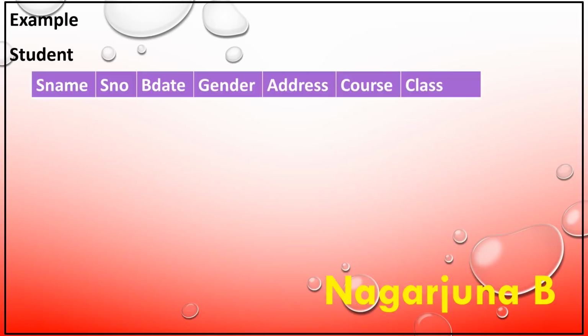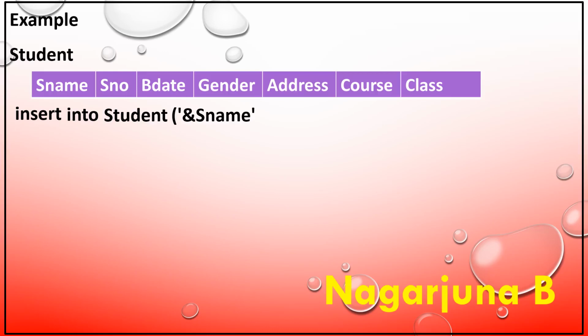Now we shall see the third form of inserting a tuple into a relation. Here I am considering the same student relation with the same attributes and the same data types for the purpose of explanation. First you need to write INSERT, then one single space, the next keyword is INTO, then one single space, table name is STUDENT, then open the bracket, within a single quote ampersand S name,